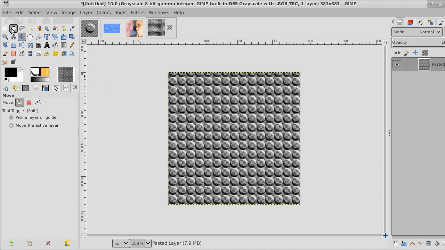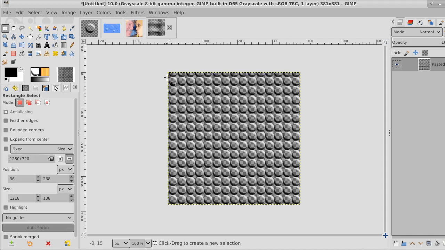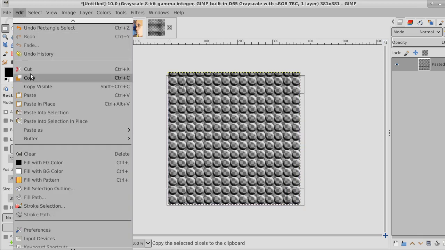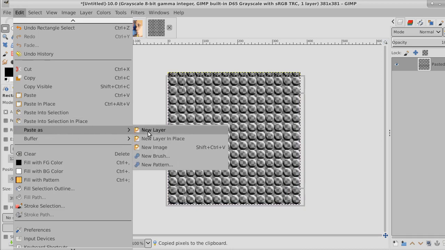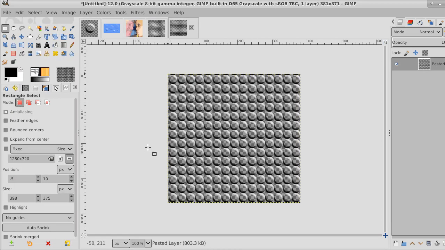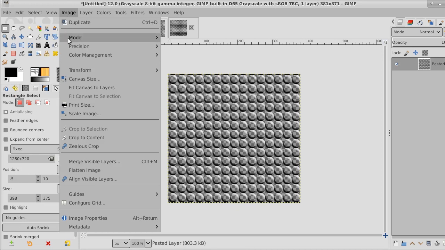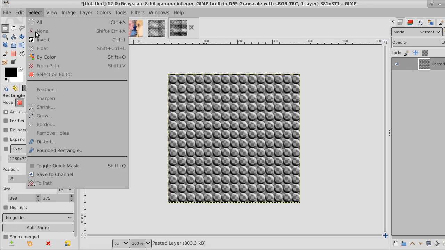Then we'll select only an area, whole dots. Copy. Paste as a new image. We'll make sure that image is in grayscale. It is. Okay, so we can take that,